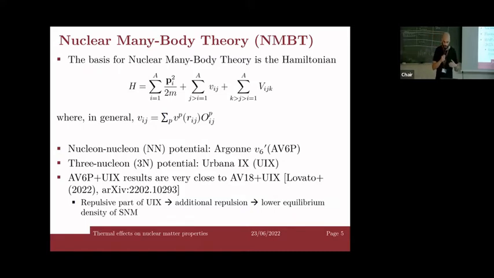If you are curious about why we choose these phenomenological potentials, for the two-nucleon potential it is going to be V6 prime, and for the three-nucleon potential, Bonan; I can answer your questions, of course. But the point is that we have chosen these potentials because they describe some of the constraints we have from bound nuclei and also from scattering data. If you are curious about that, I can answer all your questions.